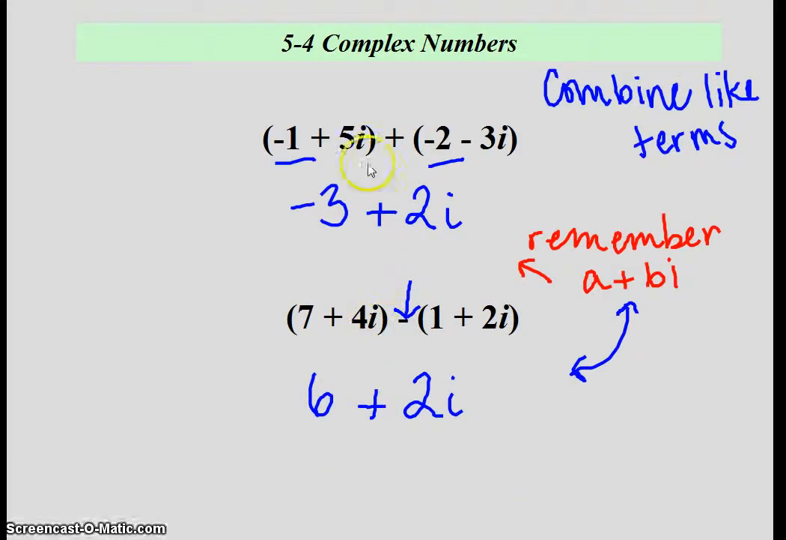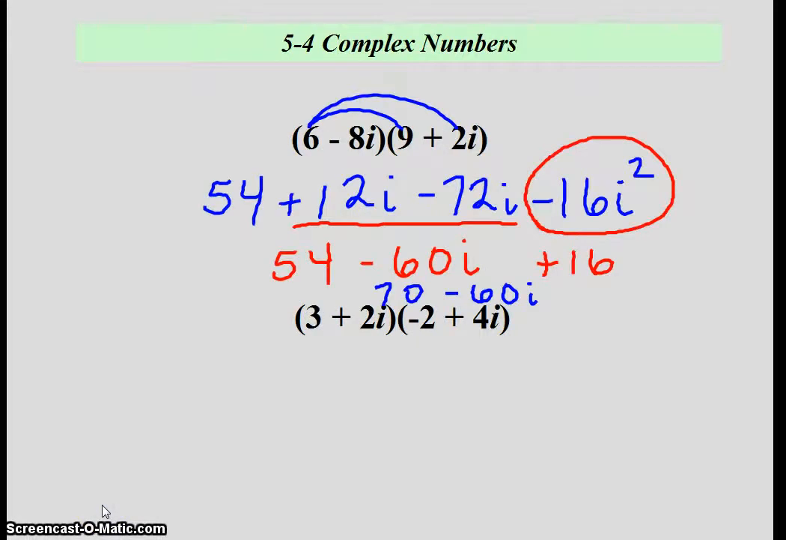I can also combine like terms. So I have this binomial plus this binomial. Like terms of negative 1 and negative 2, which is the negative 3. 5i and a negative 3i, which is positive 2i. Remember to make sure that you are in your complex number form, and we are, so this is okay. We can also subtract, which, same thing, you're combining like terms. We can also distribute,